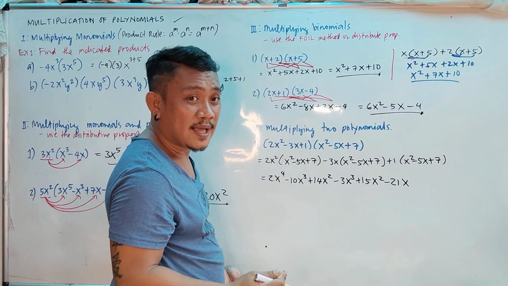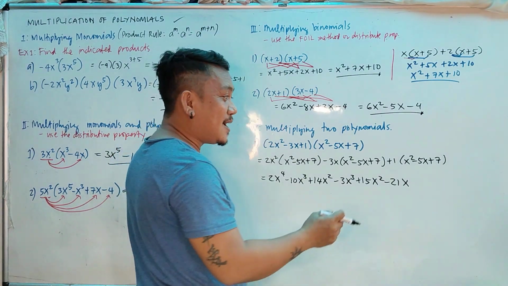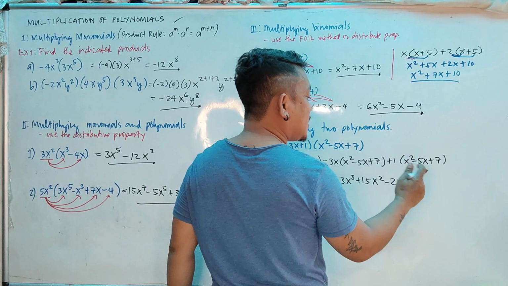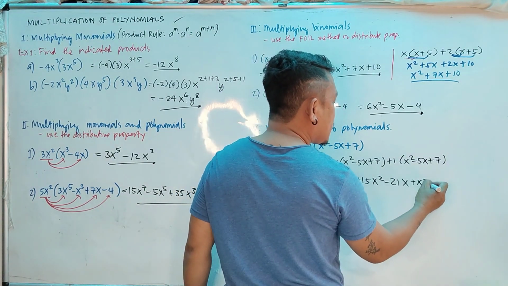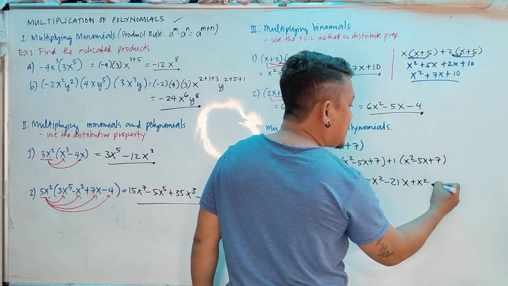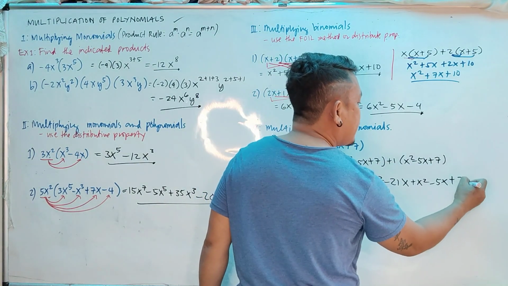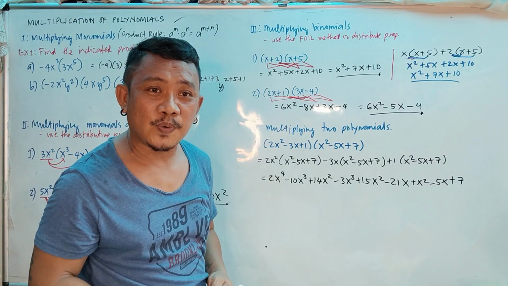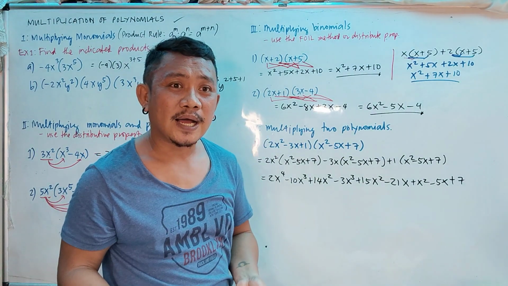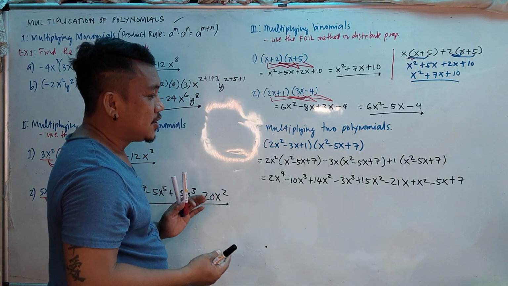Are we done? Not yet. There is still one more. 1 times x squared is x squared. 1 times negative 5x is negative 5x. 1 times positive 7 is positive 7. Okay, are we through? Not yet. Very good. So here,